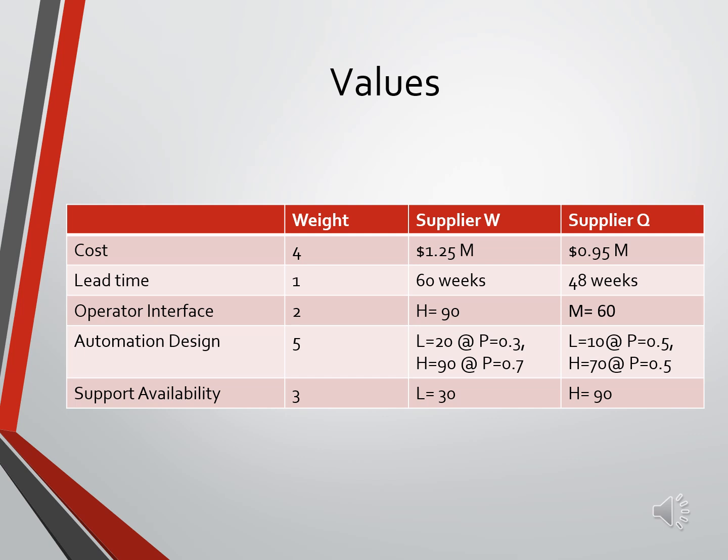The team took the influence diagram and created a matrix. The weights were agreed to as a team from most important, the automation design, to least important, the lead time. Then the values were filled in for each supplier. Their cost and lead time came from the proposals, and the operator interface and support availability were judged and scored based on review of each supplier. Then finally, the experts provided some scores for the automation design and provided some probabilities based